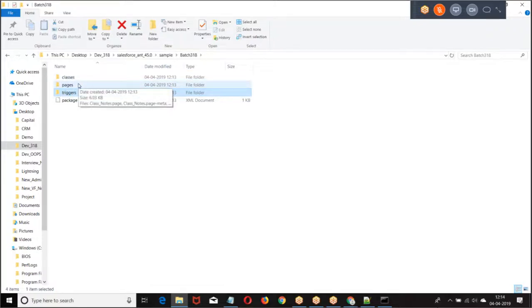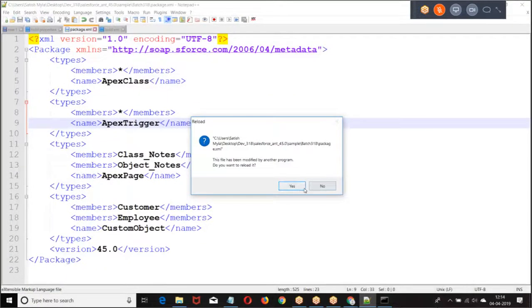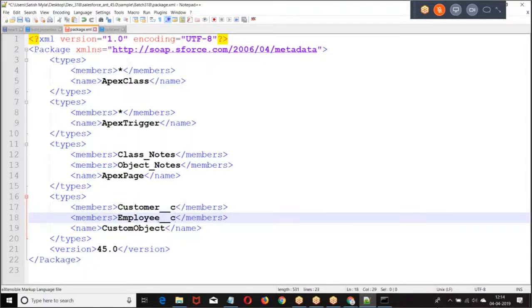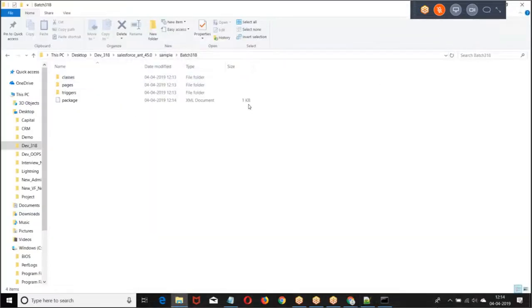There's something wrong with the object. Objects are not fetched. This is how I have mentioned the things. I hope you are good with this. Clear with this one? Now, what are you supposed to do? It is not customer, it is customer underscore. That's where the mistake happened. Okay, now once again I'll repeat. This is for fetching. I want to deploy.